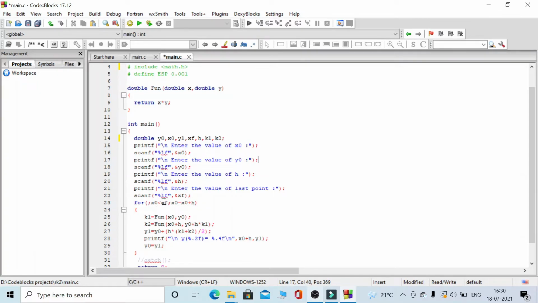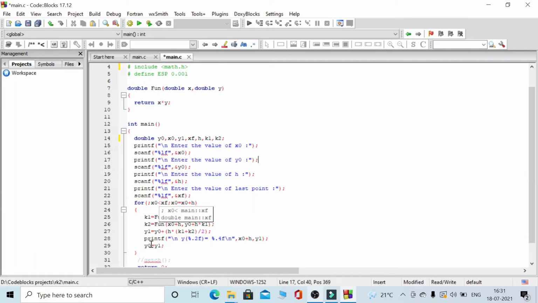So first the condition is checked, and if the condition is true, then it comes inside the loop, all the statements are executed, and then it is incremented, and again the condition is checked. If the condition is true, it will get inside the loop and execute all the statements, and again it is incremented. So this will continue until the condition becomes false.